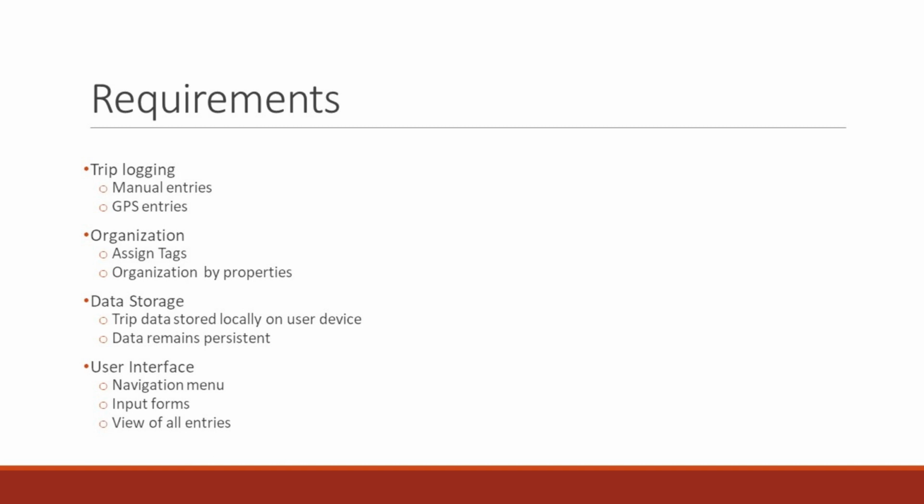The last category was user interface. The first functional requirement was a navigation menu that allows the user to access different sections and functionalities. The next requirement was the forms that the user would use to create a manual entry. And the last was the user should be able to view all entries, allowing the user to review, edit, and